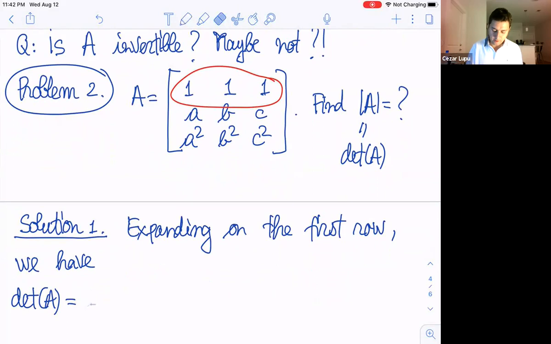Okay, let's rewrite it in this way. Negative 1 to the power 1 plus 1 times 1 times the minor of the entry on the first row and first column, which will be this determinant, b c b squared c squared,